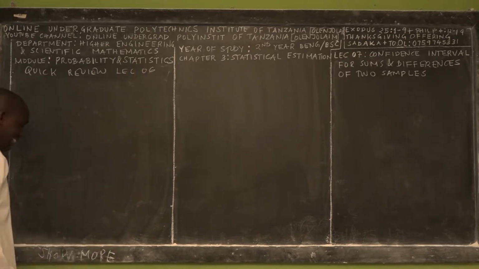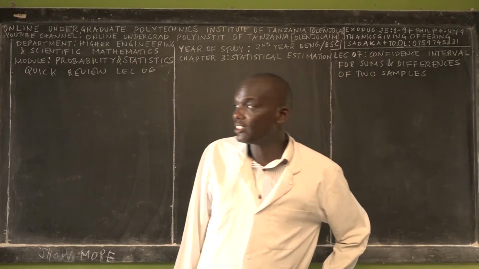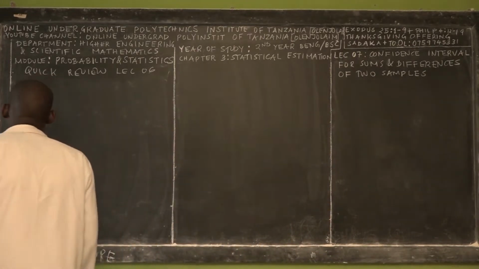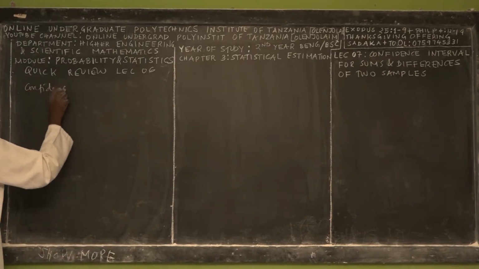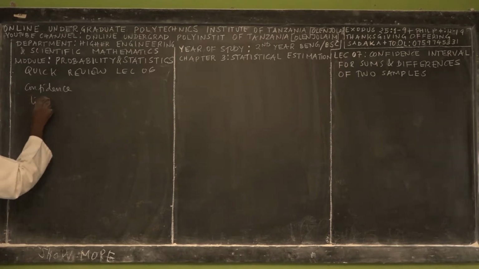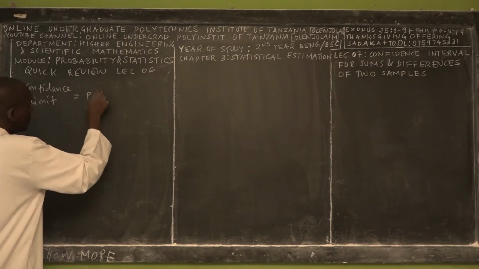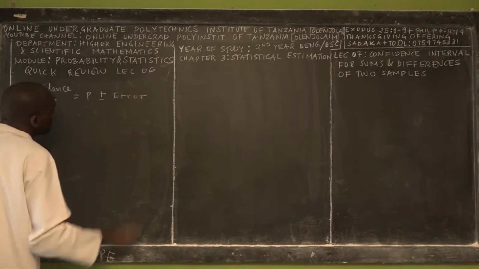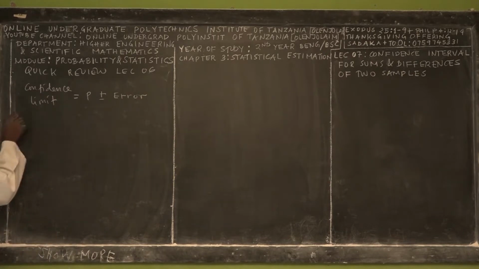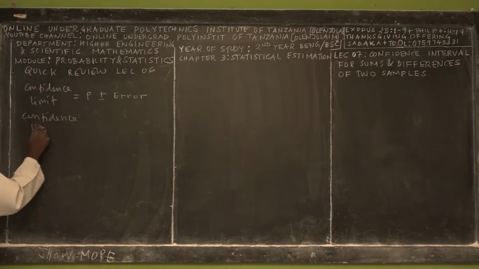6. So in lecture 6, we taught you about confidence interval for proportion. It focused on the finite and infinite proportion. So basically, we taught you that confidence limit is equal to probability of success plus or minus the error. Again, we taught you that confidence limit at the particular interval